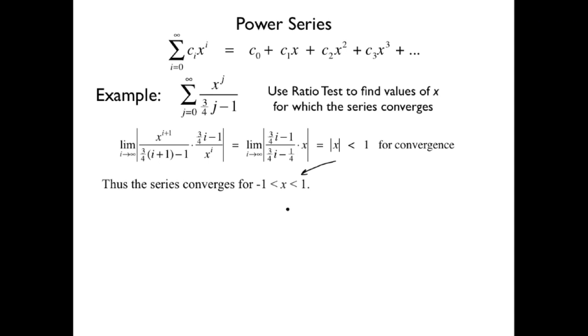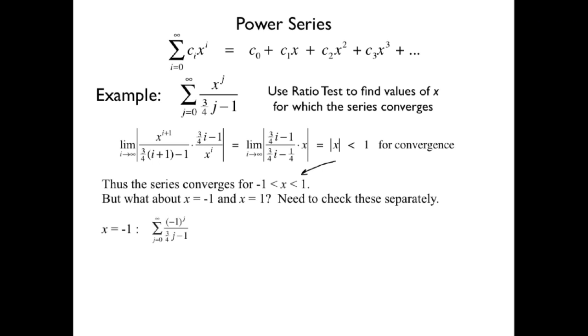And then we said, well, what about -1 and 1? When x is -1, this limit is 1, and that's inconclusive, right? And when x is +1, this limit is 1, and those are the inconclusive cases. So what we do then is we take the -1 and the 1, and we just plug them in for x in the original series, and then we have a problem just like the homework you've been doing. So we plugged in -1, and we got this series,